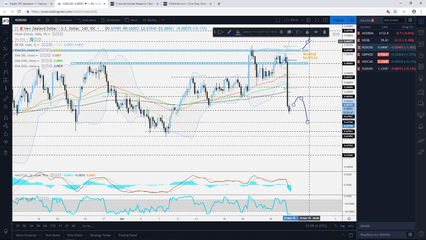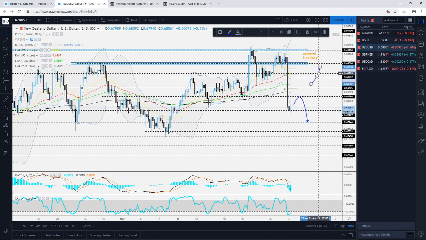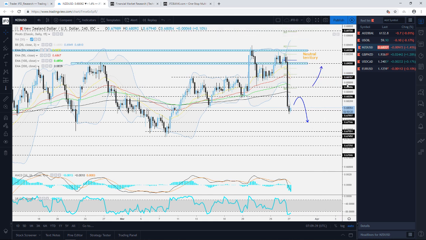Now in terms of the upside, let me just drag this arrow here. What we're going to look out for is if we see a nice good clean push above the 0.6850 level. Certainly this would increase the chances for the pair to travel back up towards the 0.6870, or even back towards the level we were keeping a close eye on, around the 0.69 zone. So keep your eyes on that one. Very interesting developments on this pair, and let's see how this is going to play out.